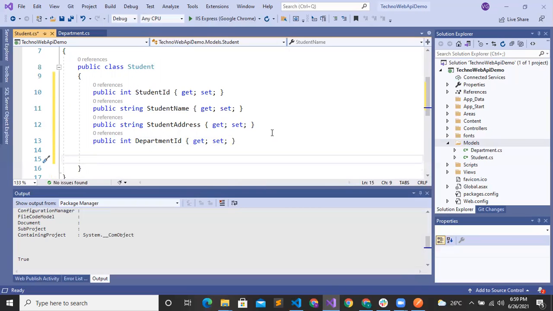So we will create the department type here, Department.